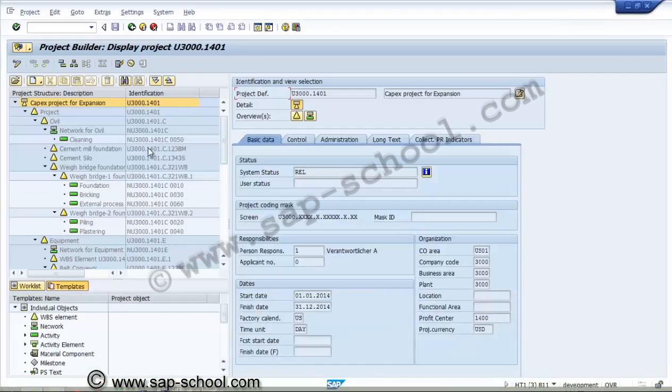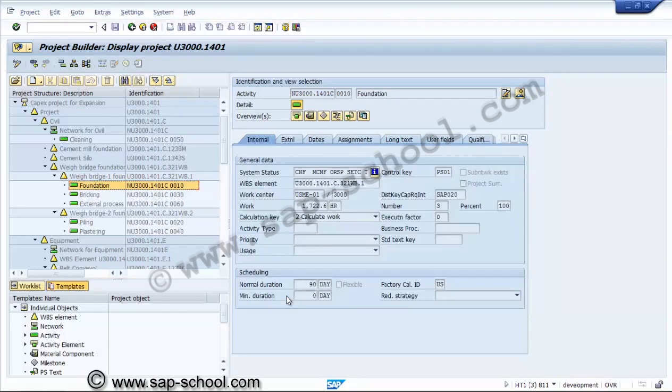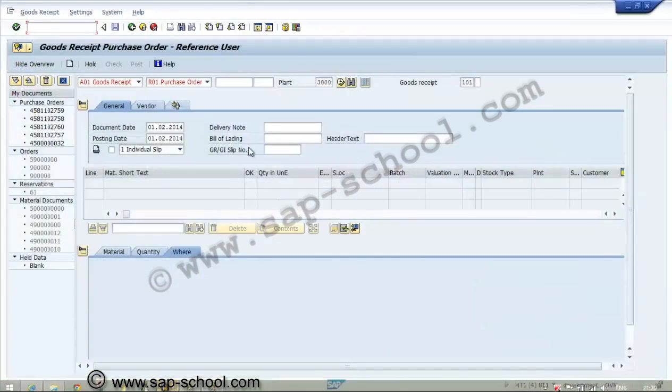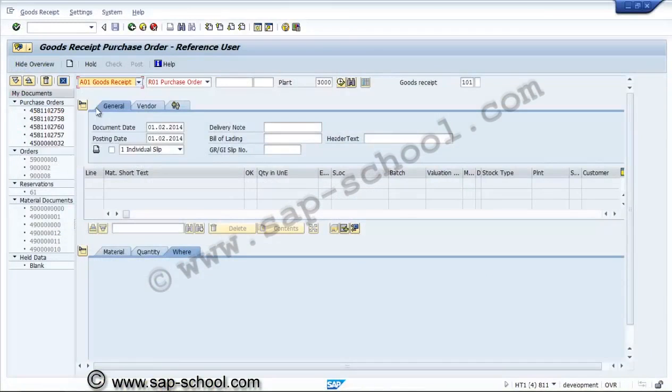Go to project builder. This is the WBS element. For this WBS element, it doesn't have any stock. Okay. Now what we need to do is we'll go to MIGO transaction. Where is MIGO? This is MIGO. Here we need to do transfer posting,